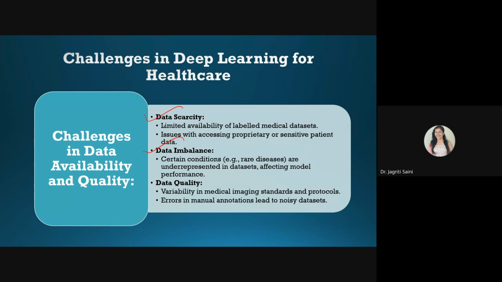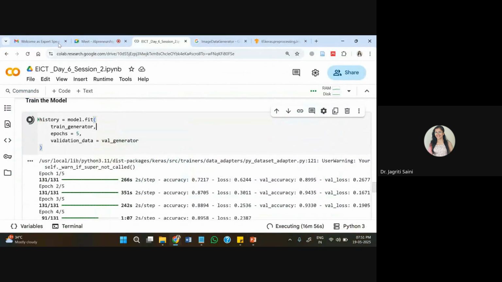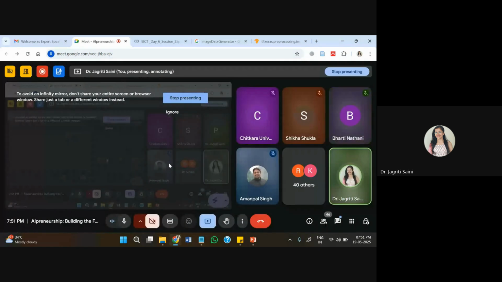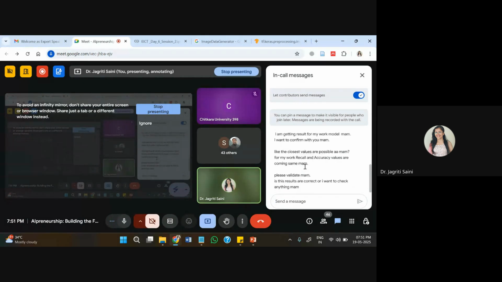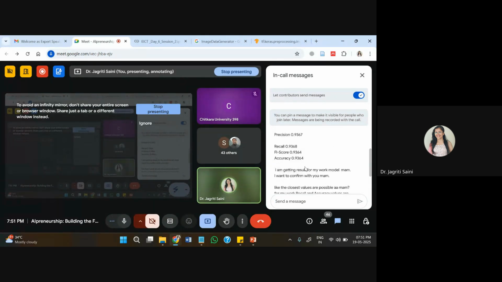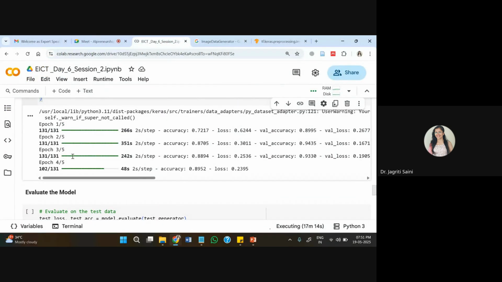I can see that the model is running on maybe someone's end and they are sharing the accuracy. It is good to know that at least someone is implementing side by side and sharing their accuracy, although I have not shared code side by side. But thank you very much for sharing this. This is good to see. That's great. So I'll see mine also, if it is close enough. I'm on the fourth epoch right now. So let us see what we get.